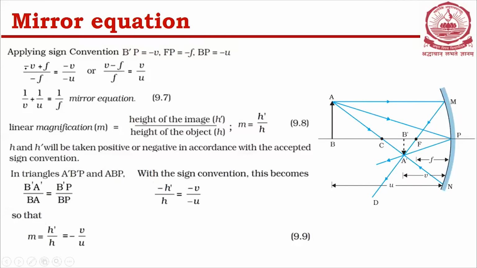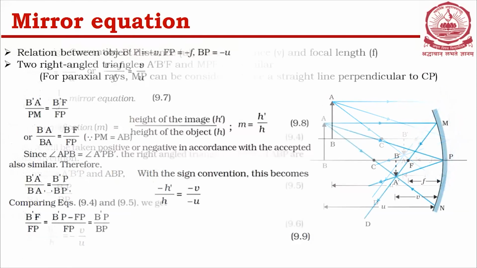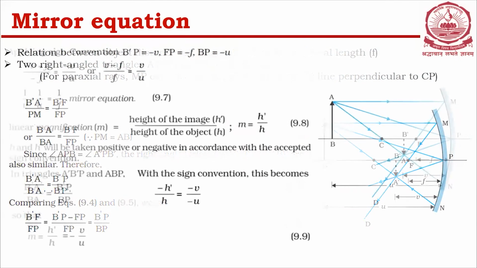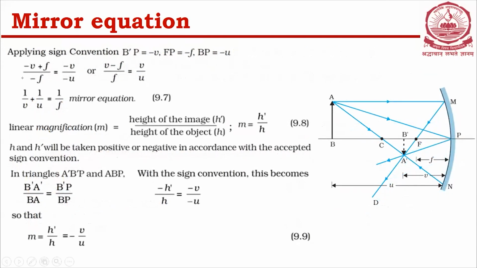When you substitute all these things in the previous equation, B dash F by FP, B dash P minus FP by FP, and B dash P divided by BP, you will get minus v plus f divided by minus f, which is equal to minus v by minus u. I'm just applying the sign convention and replacing the values